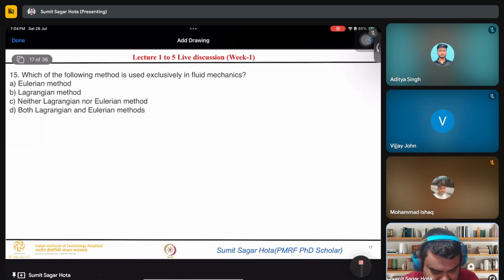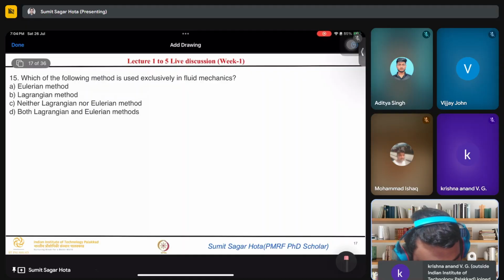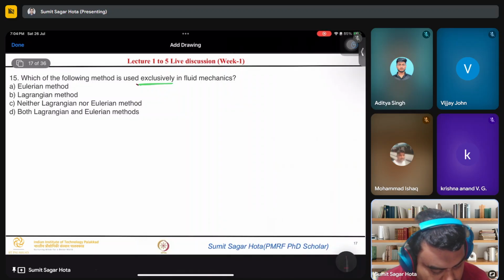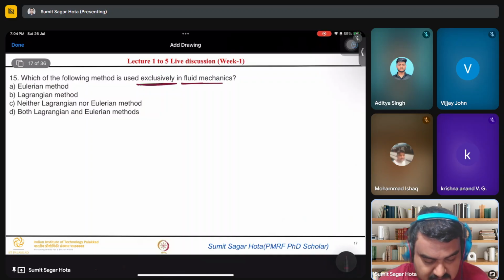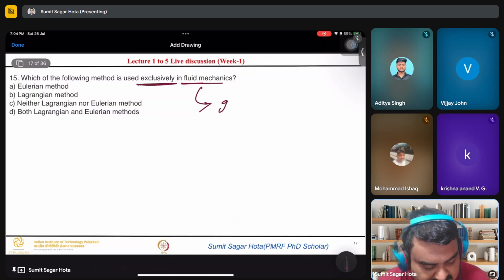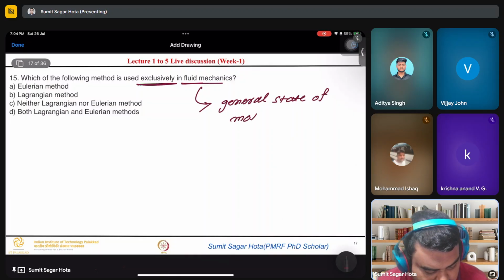But here the question asks something else. It wants us to focus on one word, exclusive. This word is very important. Exclusively in fluid mechanics, what does it mean? Exclusively means, for the general case, the general state of motion